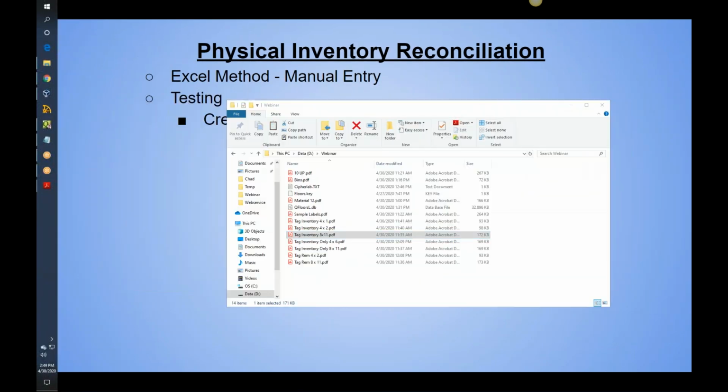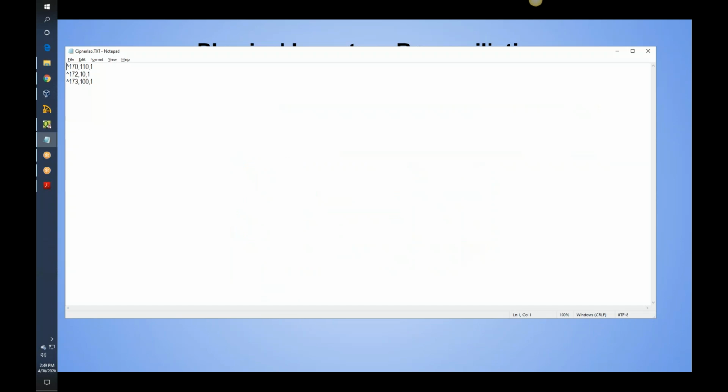So let's come over here real quick, and I have already created a file here called cipherlab.txt. You can open this up in Notepad or in Excel, either one, it doesn't matter. The format is very simple. The caret means that what comes after this is my material number. The 110 is the quantity, and they're separated by commas, right? The very last field is the